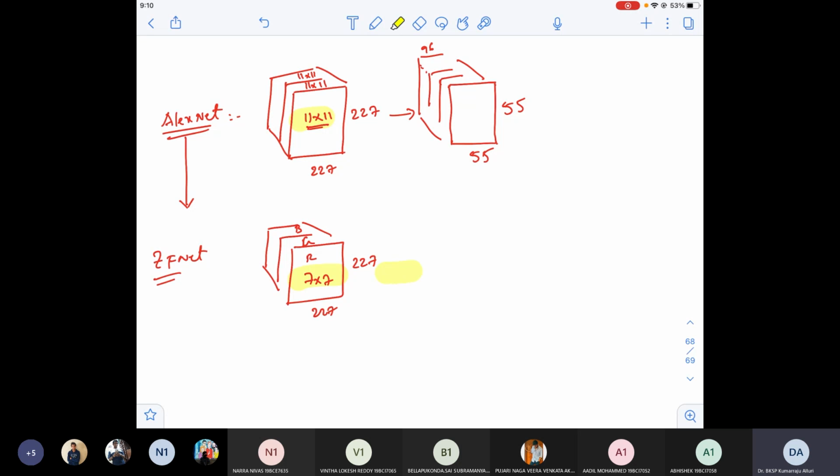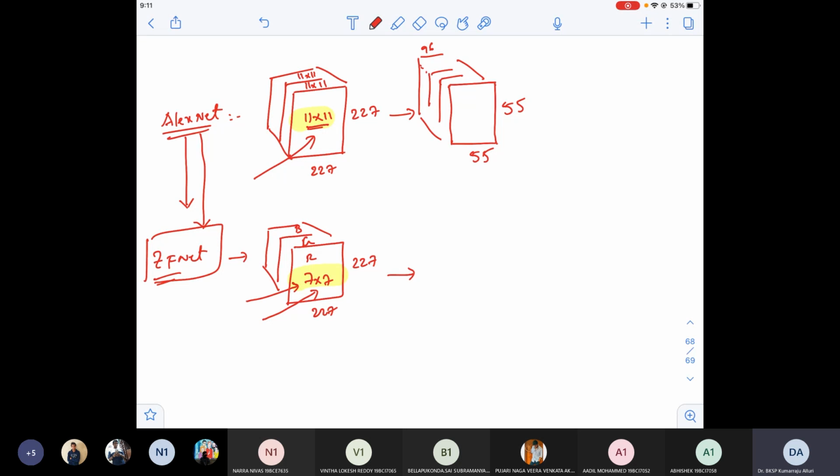Okay. Now, since the filter is different, the output size may be different, that you think. But what actually they have done is, they want to ensure that even though the filter size is different. Here the filter size is 11 by 11, but in the ZFNet architecture, the filter size is 7 by 7. Again, I'm telling guys, ZFNet was purely derived from AlexNet CNN. Only minimal changes were done to AlexNet to get ZFNet. What is the minimal change? First change, they've used 7 by 7 filter rather than using 11 by 11 filter.